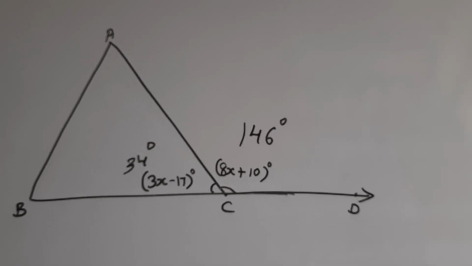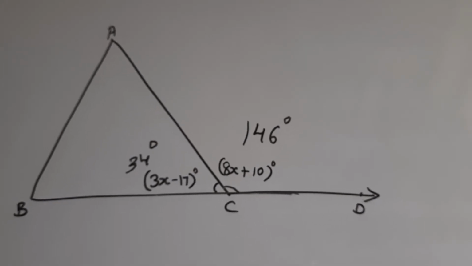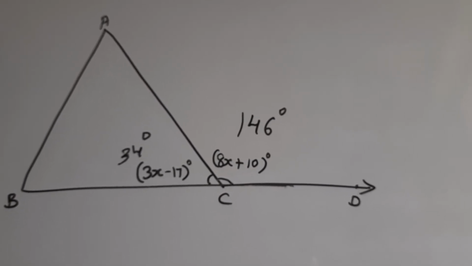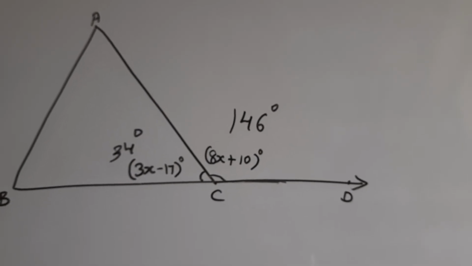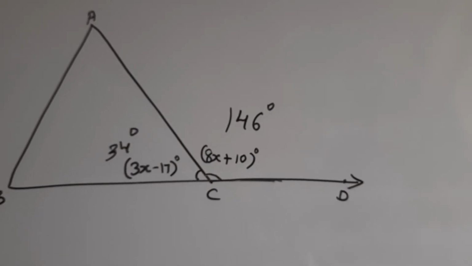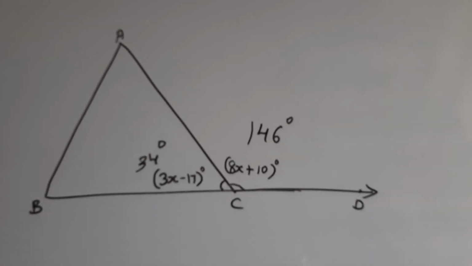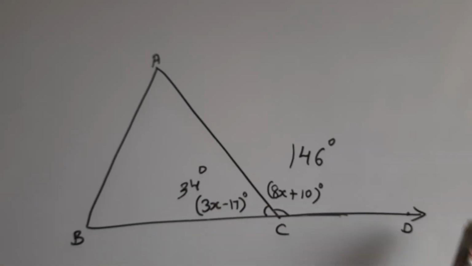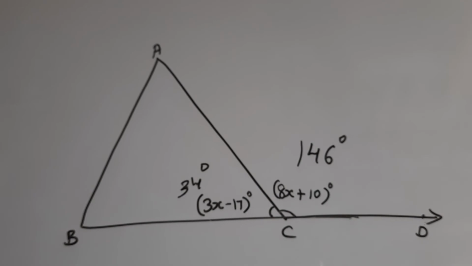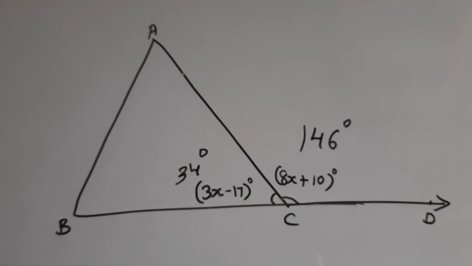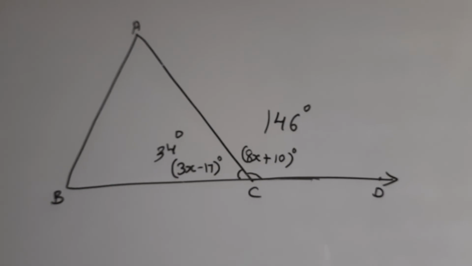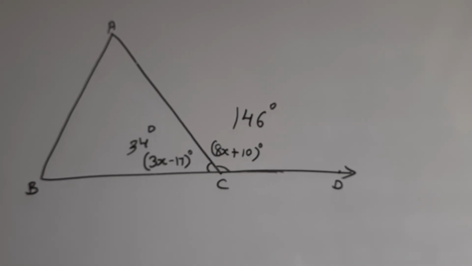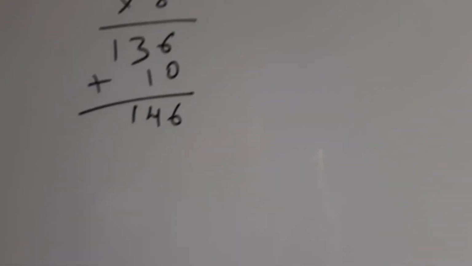And we have already understood the condition. The measure of the exterior angle is equal to the sum of the measures of the remote interior angles. So whatever is the measure of the exterior angle, that is equal to the sum of the measures of the remote interior angles. That means angle A plus angle B should give us angle ACD. Or in other words, measure angle ACD is equal to measure angle A plus measure angle B. So the exterior angle is always equal to the sum of the measures of the remote interior angles. Okay, so let us solve that.